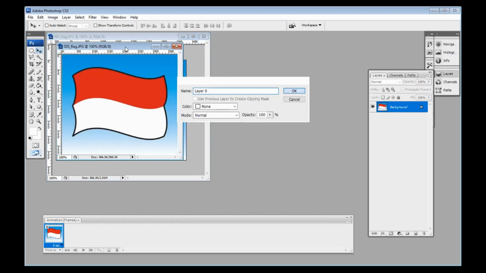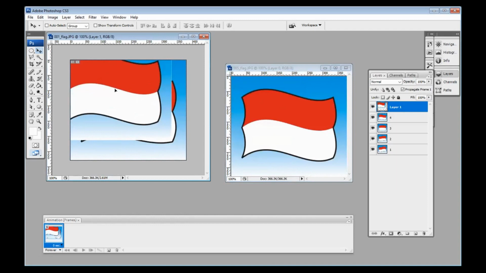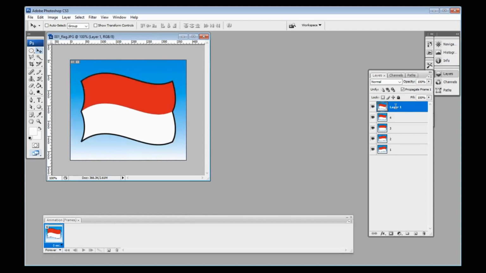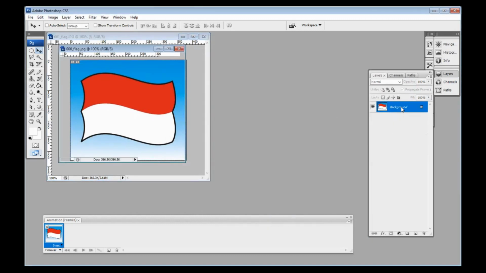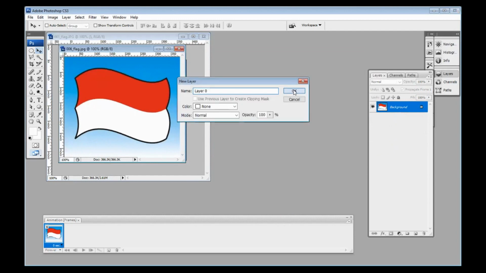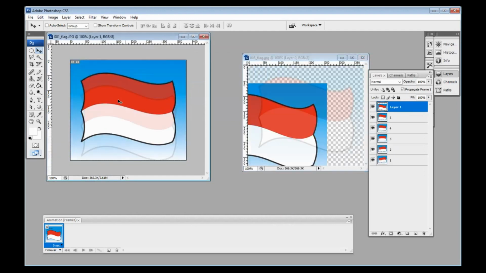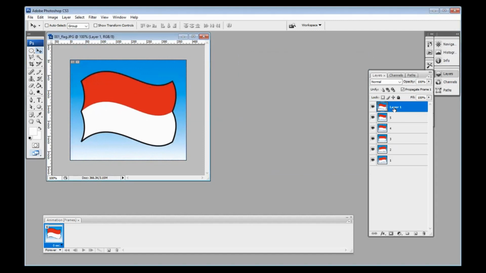Change the background to layer and move here. Okay, number 5, and the last, number 6. Okay, change background to layer. Change here. Okay, done. Okay, number 6.